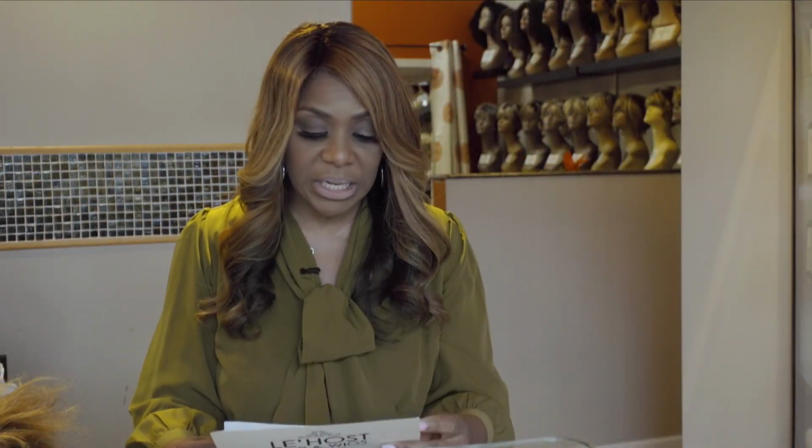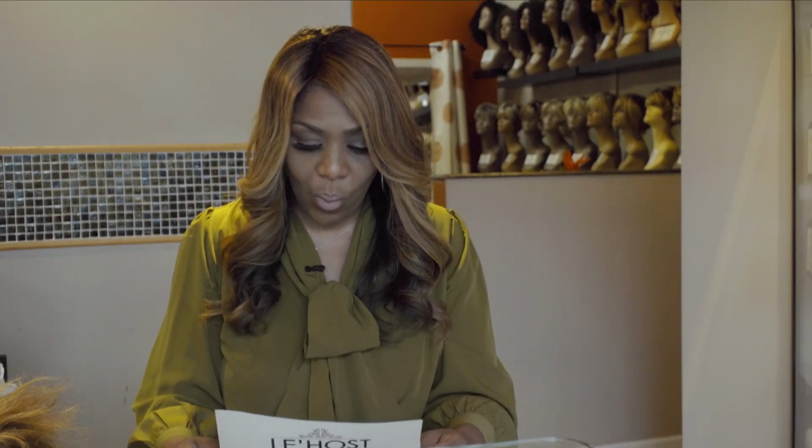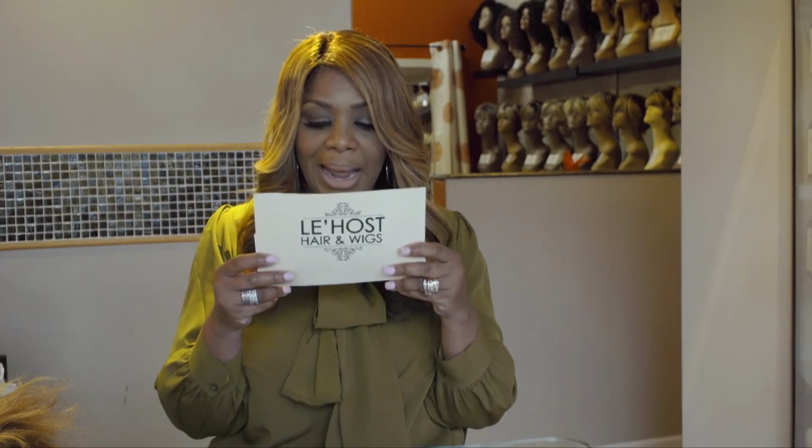One of the next questions is, my hair is thinning. I've been using glue for a while, and my hair is now thinning. What should I do now? Okay, so if your hair is thinning, you haven't totally lost your hair, I would say stop, drop, and roll. Stop using the glue, drop the glue, and roll on the floor,